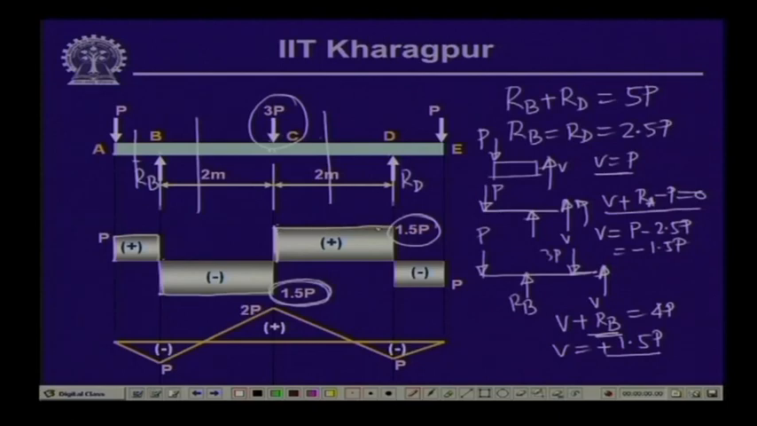it continues with 1.5 P, and then again at reactive force R D, again it is 2.5 P. So, if we take a section over here, we get immediately after this support a shear force which is equal to negative P. So, it comes down from plus 1.5 P to plus P, and then it continues over here, at this point we have the force P. So, this is the shear force diagram